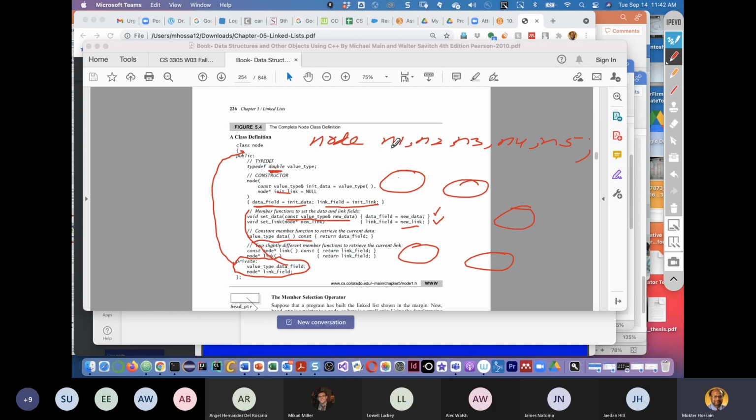If we say that n1 is connected to n2, we say n1.link, n1's link equal to n2. That means n1 will be connected to n2. If we say n2 is linked with n3, then it will go this way. So this is n1, n2, n3. And if we say n3 is linked with n4, and then say n4 is linked with